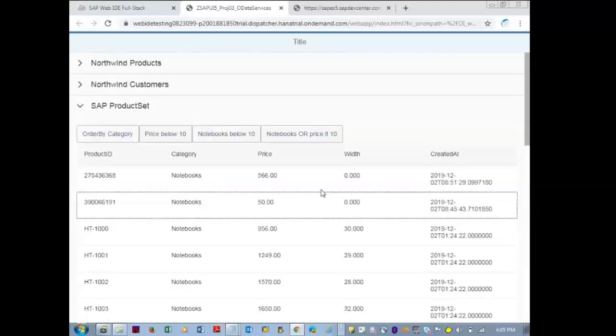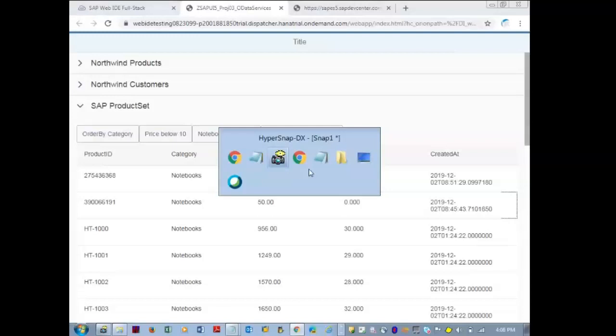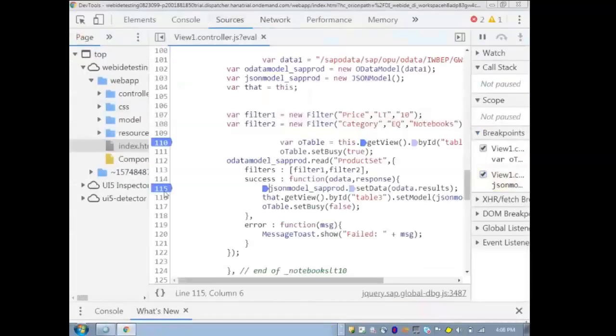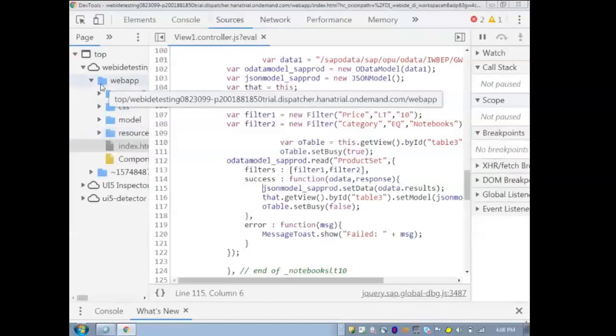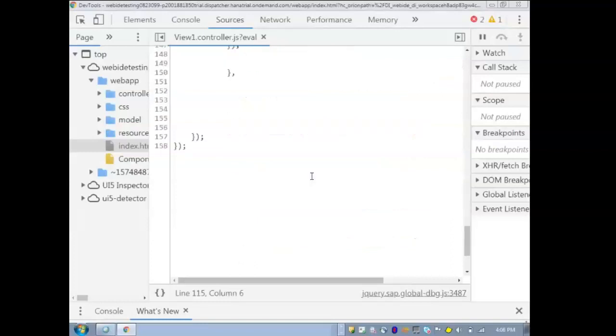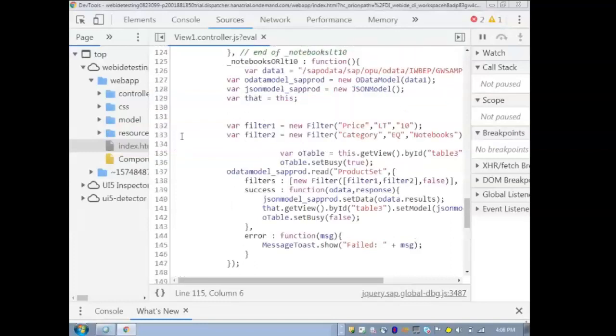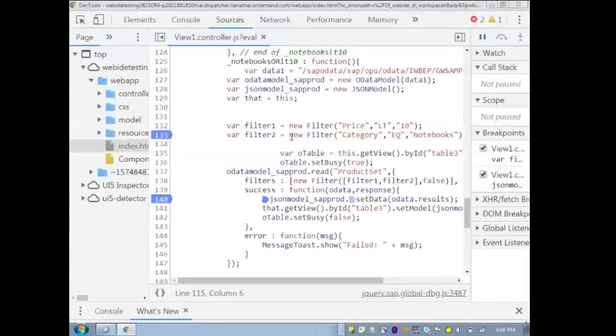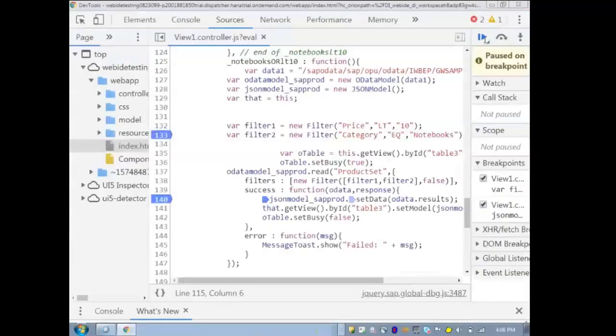So let us check how it is sending and what is triggering the function. Let me refresh this. Okay, outside success, inside success. The notebooks button I triggered here.